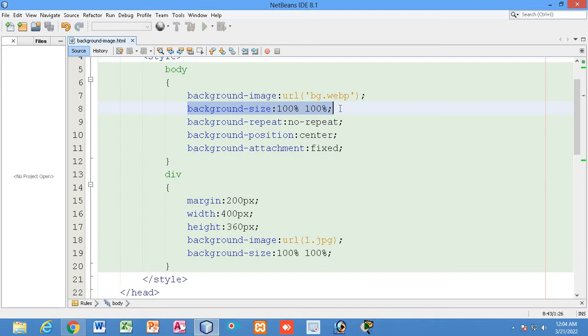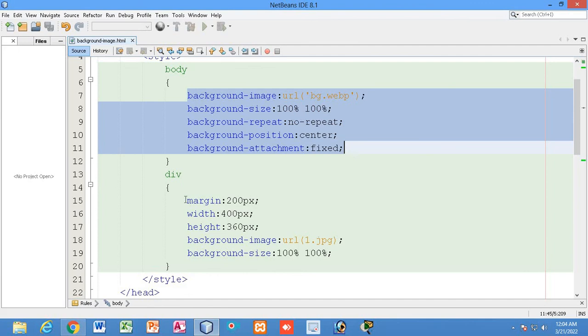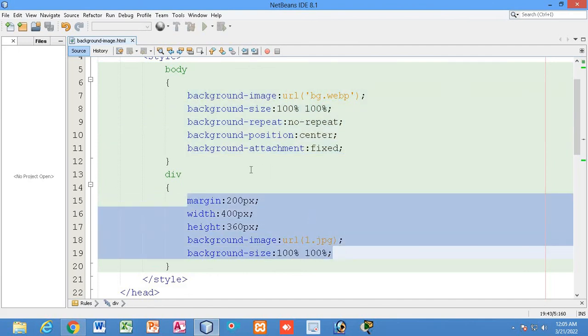Because the background attachment will now be kept fixed to the size of 100% width and 100% height, depending on the screen, right? I hope you have understood, and you can easily work with the background property. You can easily add images to your background, you can easily manipulate this CSS property, and you can really make a very good looking, attractive looking